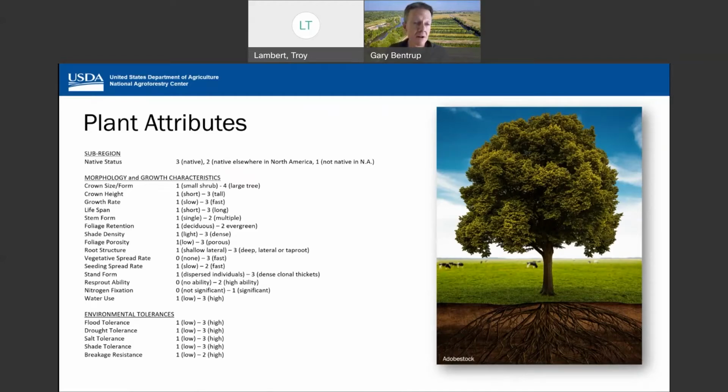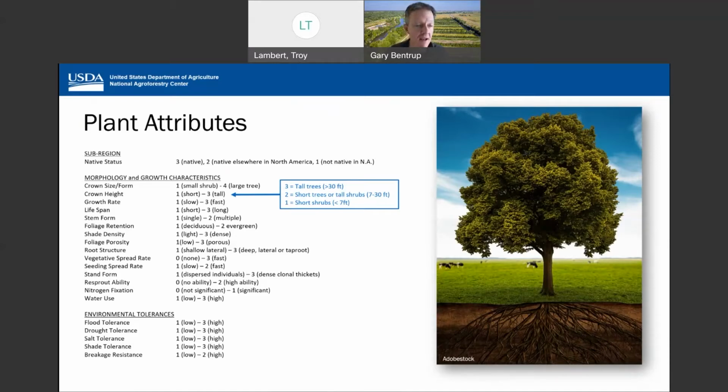Now, some of these try to be on a quantitative basis. So for crown height, we broke this out into 3 codes. So short shrubs, anything under 6-7 feet. Short trees or tall shrubs, 7 to 30 feet. And then tall trees. And so these numbers will be used in our rating algorithms, which I'll show in just a few minutes.